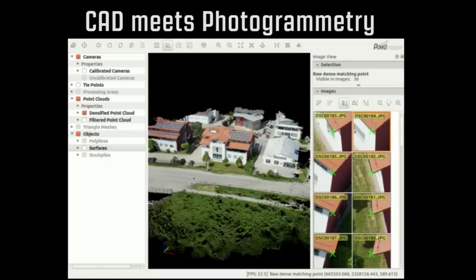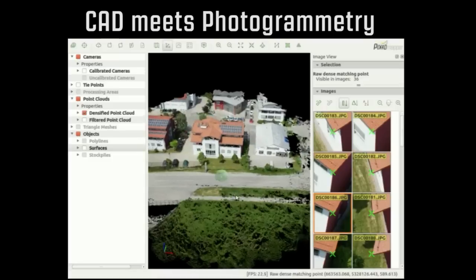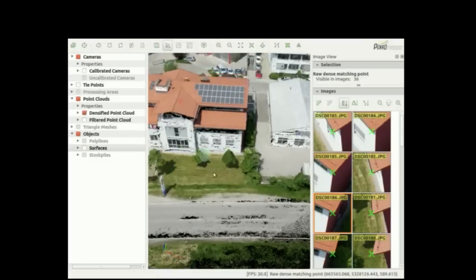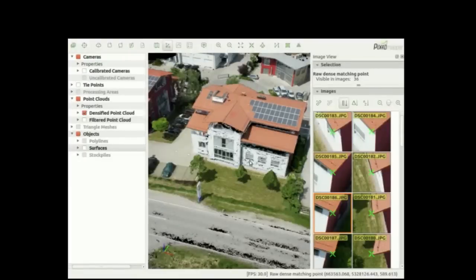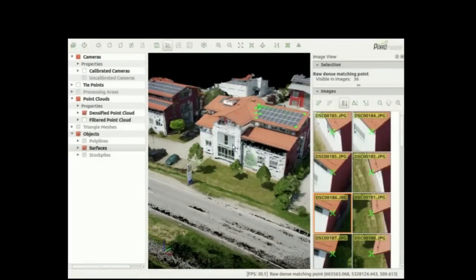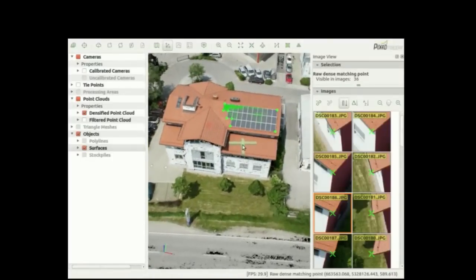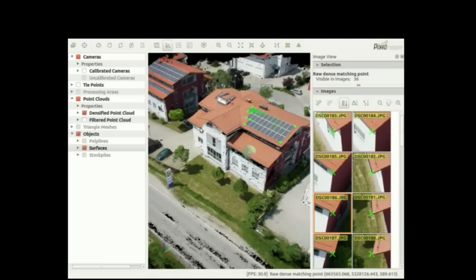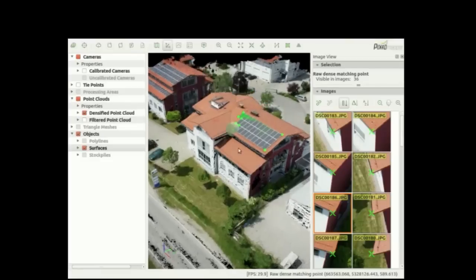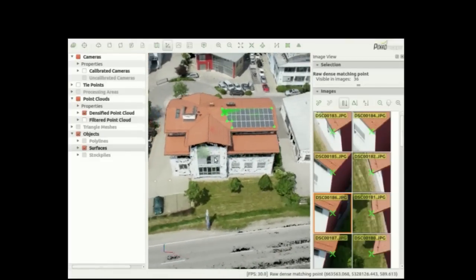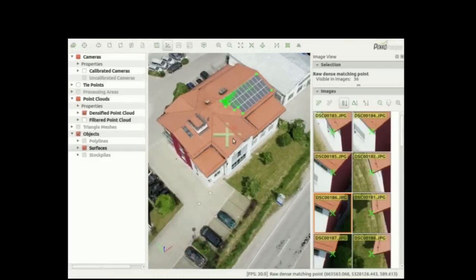What is the Raycloud? Everybody knows point clouds. Point clouds are used, as you can see here, in CAD software to annotate, measure, vectorize 3D data. So this is what you can do in this interface as well. You can use, for instance, this editor to vectorize this building in 3D purely based on point clouds in a